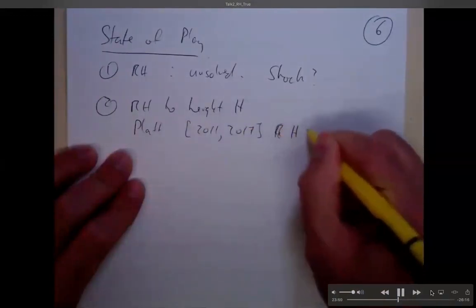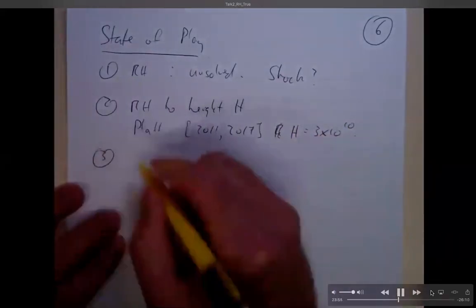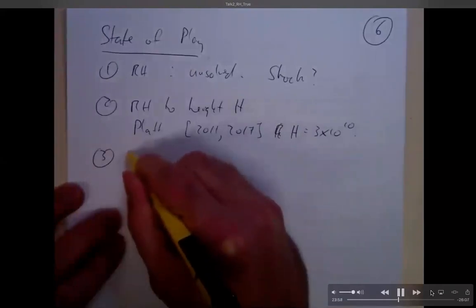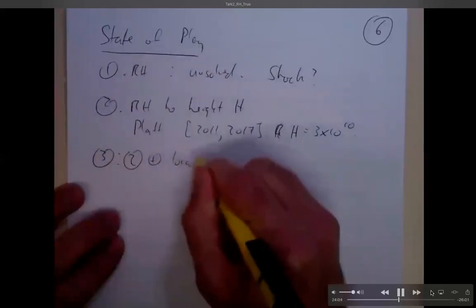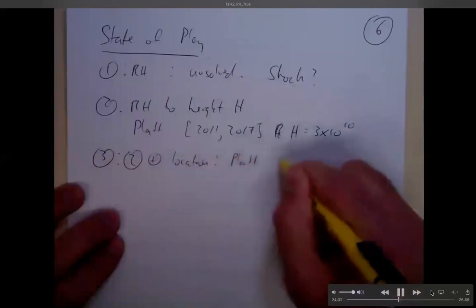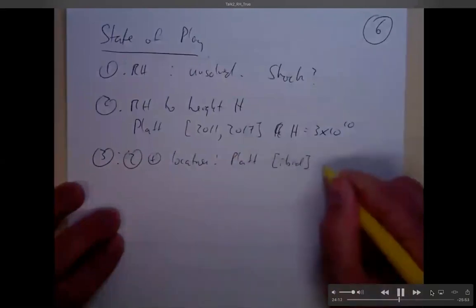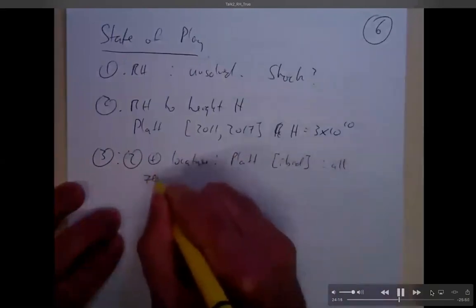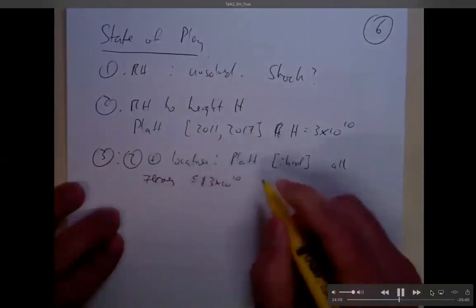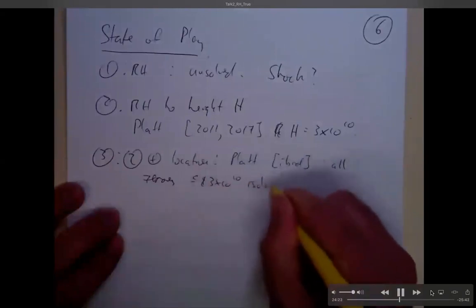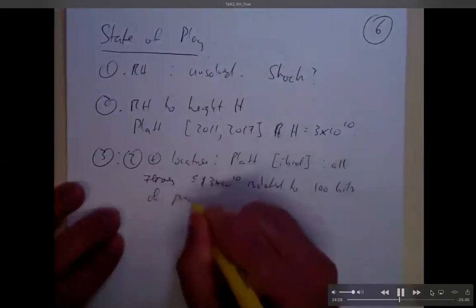The higher the better. So Dave Platt in his thesis in 2011 and in the paper that came from that in 2017 proved the Riemann hypothesis up to 3 times 10 to the 10. And what does that mean again? That means every zero with imaginary part less than 3 times 10 to the 10 lies on the critical line. What he also did, in the same series of papers, not only did he prove the Riemann hypothesis up to that height, but he showed each one of those zeros that lie on the line with an accuracy of, like 100 bits, say. There we go, isolated to 100 bits.